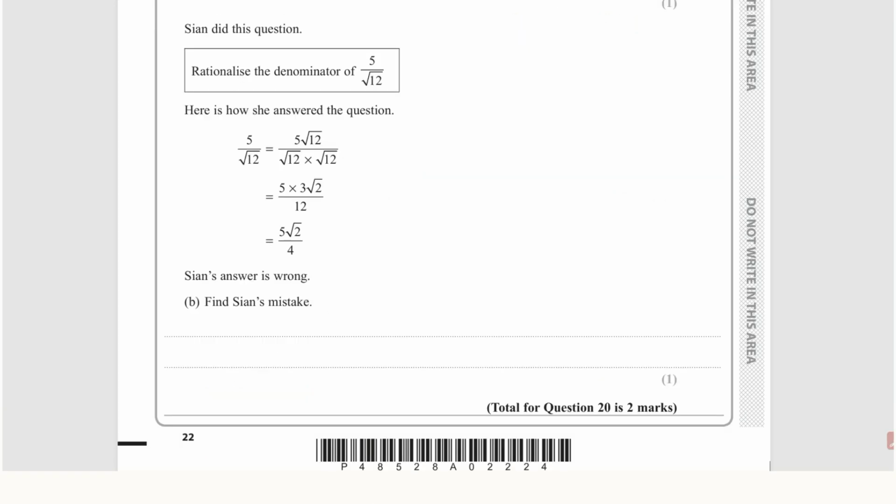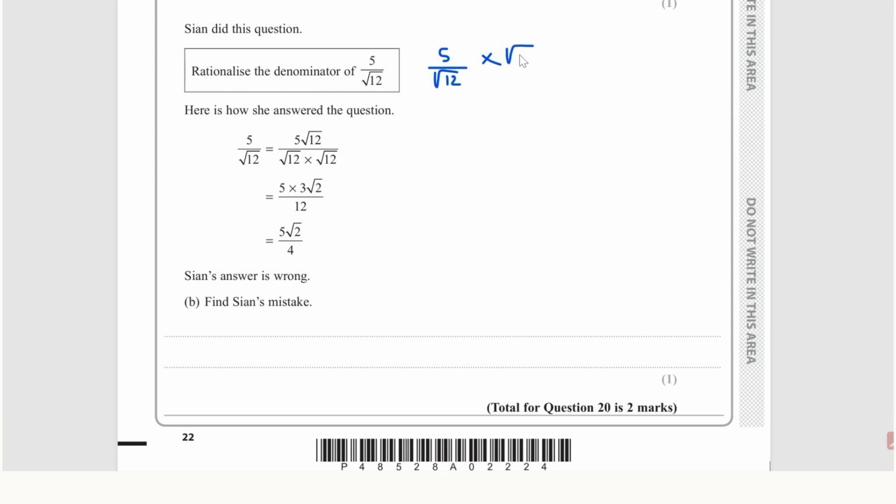There is a part B to this question. It says Sean did this question. Again, they are rationalizing the denominator. Here we have 5 over root 12. It shows how she answered this question, and again her answer is wrong. Find her mistake. So if we go ahead and rationalize this denominator,